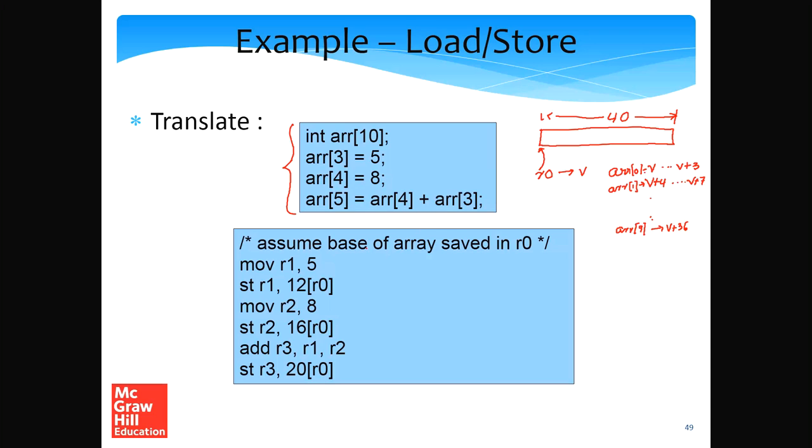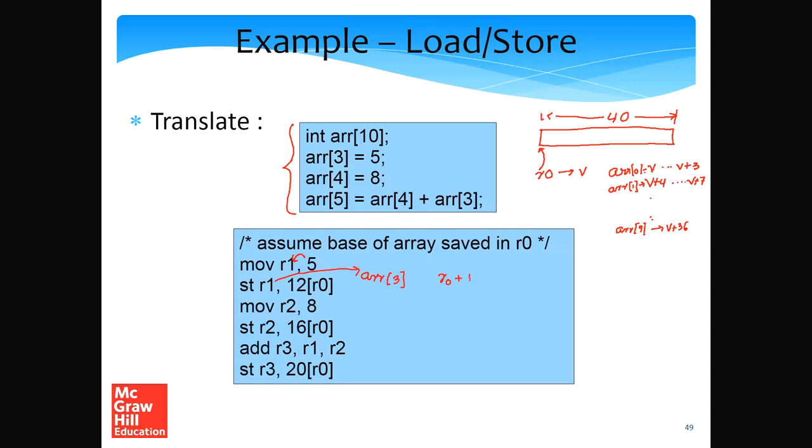Alright, so now let's do some amount of register assignment. Let's move the constant 5 to R1, and let's save the value in R1 in the location array 3. So what is the starting address of array 3? Well, the starting address of array 3 is R0